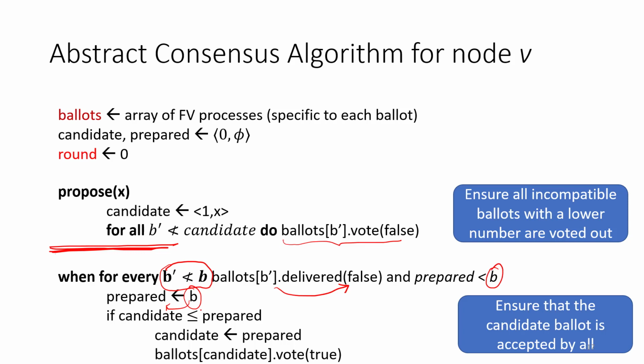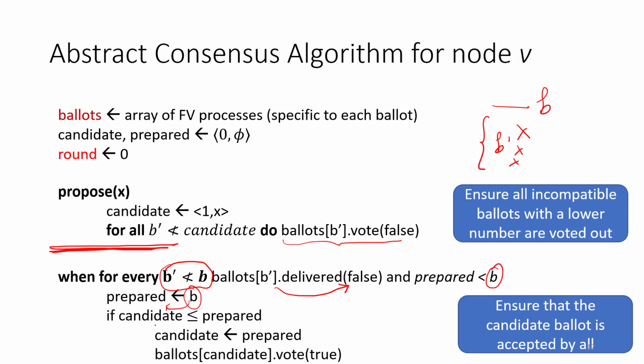And what we see is that, so this is prepared, right? So B in this case is basically a ballot less than which we have received all the false messages. So the point is we set that to prepared because that is the largest value of the ballots that we have prepared. So what does preparing in this case mean? Preparing in this case means that all the ballots which are lower and incompatible, all the B dashes, have been invalidated. So once we have such a B, we set it to prepared if that is the largest such value.